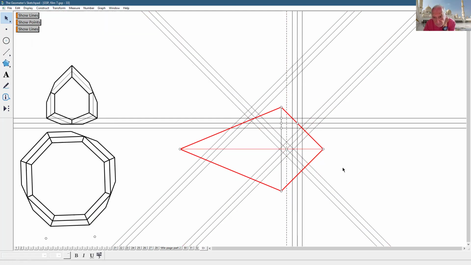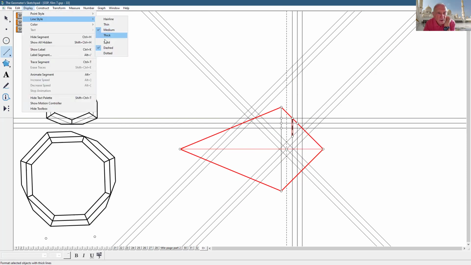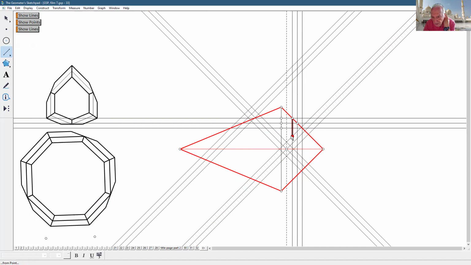Okay, yes, and then what we are going to get. We are going to get a thing like this. Line style. Okay. And this must be solid. It has to go this way. It has to go this way. And it has to go this way. Okay. Because what we are doing